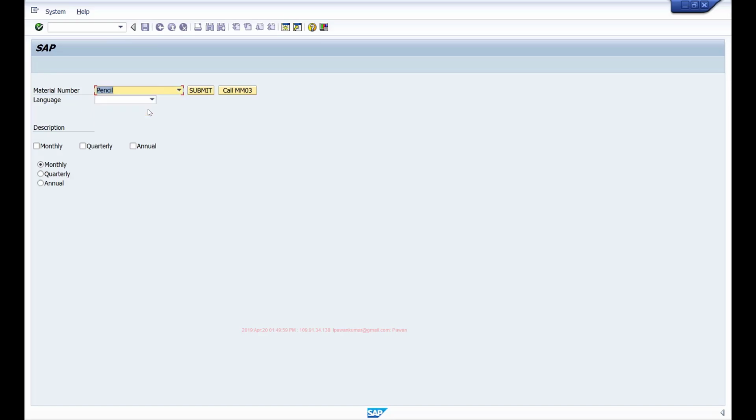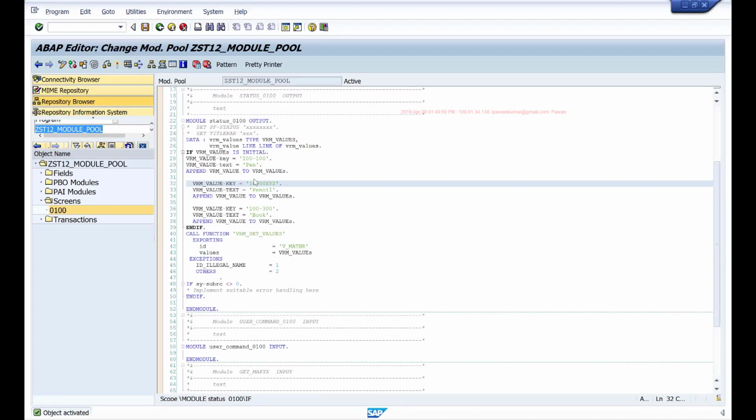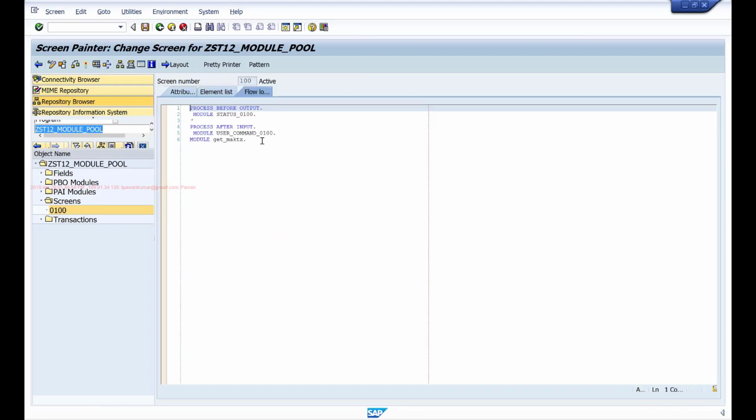So if I select this and click submit, it is throwing this error message, but if you notice, all the fields on the screen are input disabled. So there is no way for me to correct my error, right? So if you plan to show any error messages or any validations, then you have to mandatorily use this field statement by telling the system that in this particular module I'm handling the field. You can include any logic for processing that particular field in that particular module.